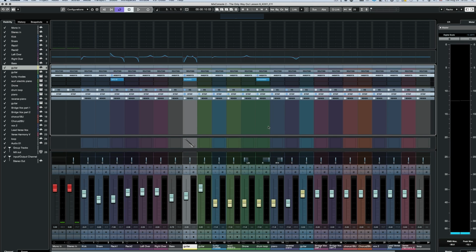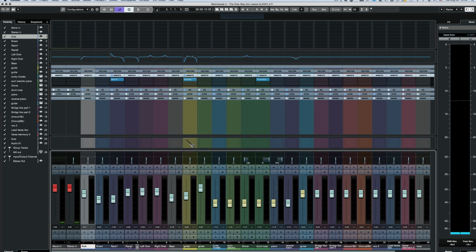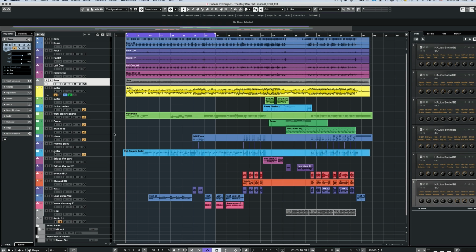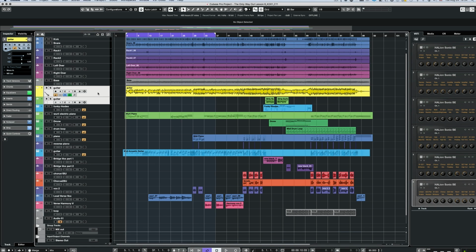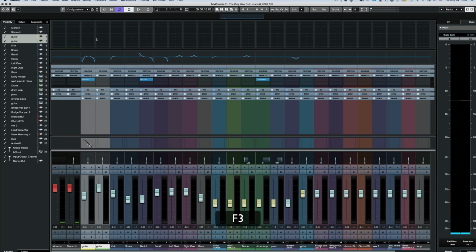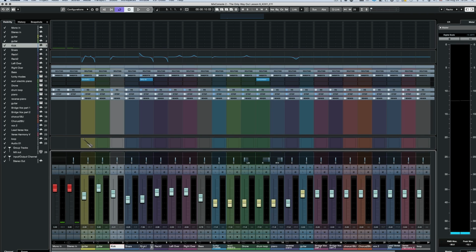Now it's looking something a little more like what I like to see in my typical mixer. Let's continue looking at what we can do with the mixer. If you wanted to change the order of your particular tracks, it currently cannot be done from the mixer window itself. It has to be done from the project window. So if for some reason I wanted my two guitars to be the first things to show up on my mixer, I can drag them up to the top, hit F3 to get back to the mixer, and you'll notice they're now on the left-hand side. That's the only way that you can choose the way that they show up within the mixer at this point.